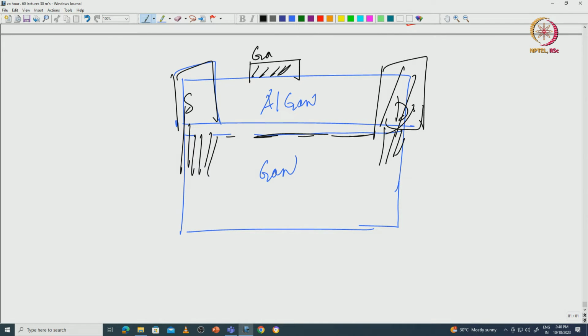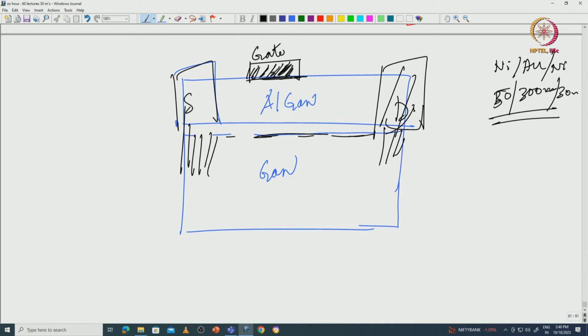Okay, the gate here. Now in a III-V foundry, you can use gold, of course. So nickel gold is typically a good gate metal. People use 300 nanometer or 50 to 300 nanometer, etc. Nickel, gold, nickel also people use. Okay, again 30 nanometer, etc. So the gate metal stack comes here, and people may sometimes do a soft gate anneal to reduce the leakage, but